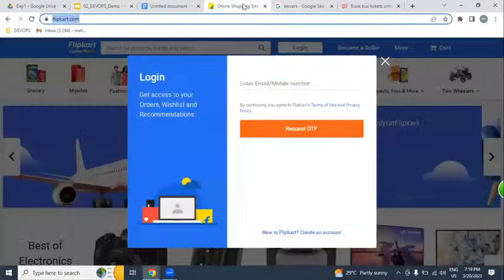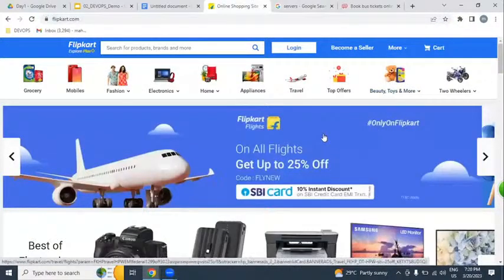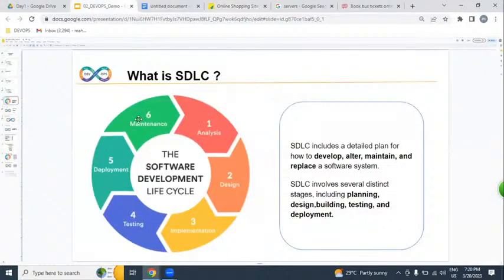website. That's it. Whether this application is working or not, whether it is slowed down or not, we are going to monitor continuously. We're going to be monitoring and maintenance. These are all stages: analysis, design, implementation, testing, deploy, maintenance. These are all stages which you are calling as SDLC. In SDLC, each and every IT employee, part of you and me, anybody, if you are working in IT, you are part of this diagram.